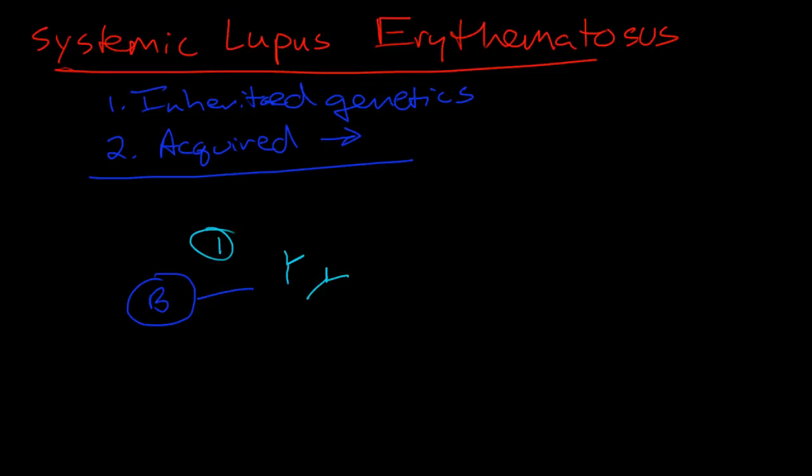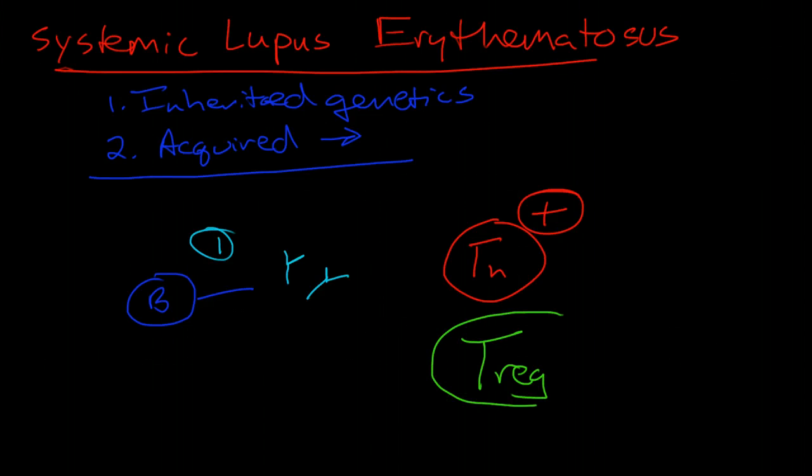Then another part is we have a loss of self-tolerance and increased activity of helper T cells, and we have decreased activity of suppressor T cells or Tregs. Now, all of this combines. So this is the second aspect, and then the third aspect